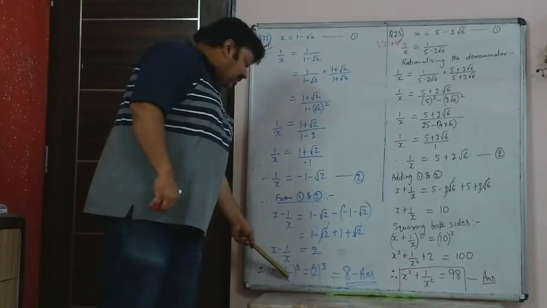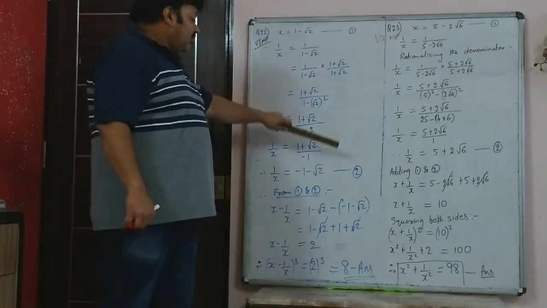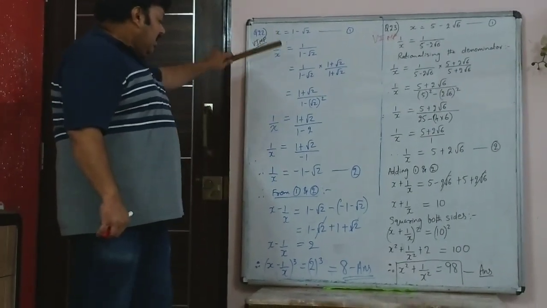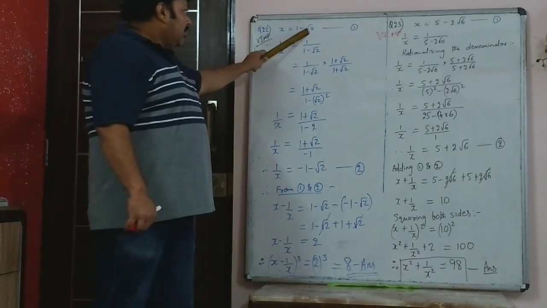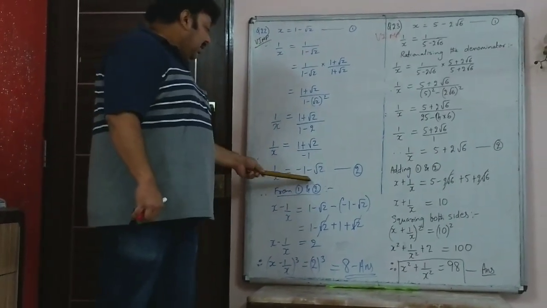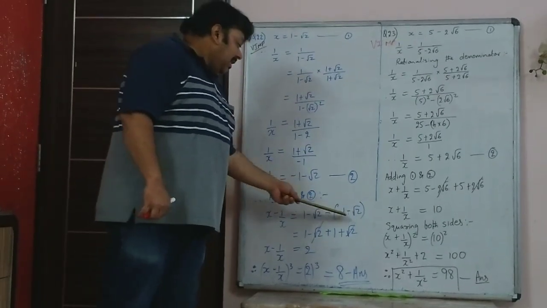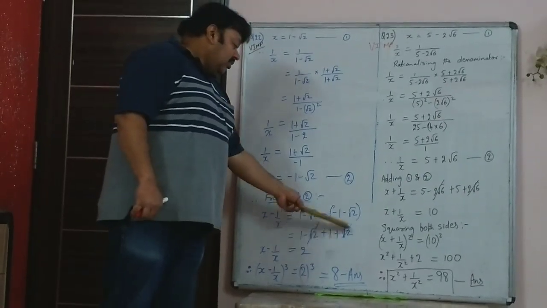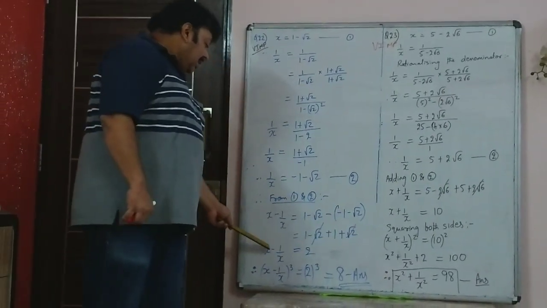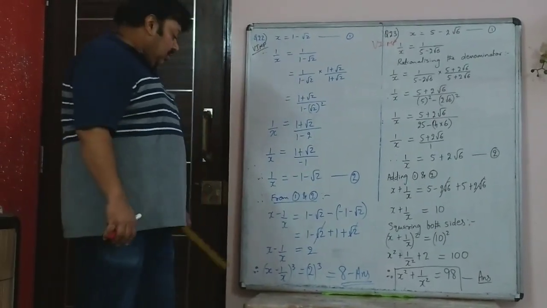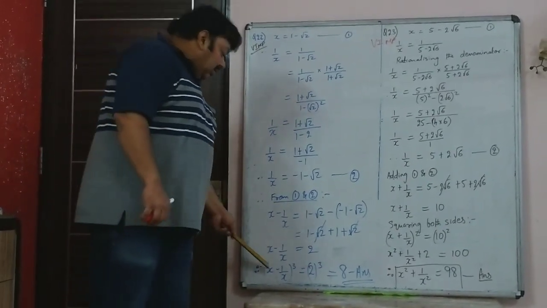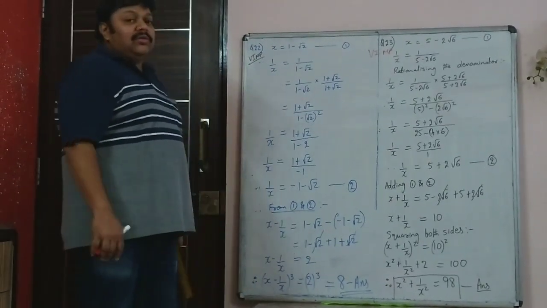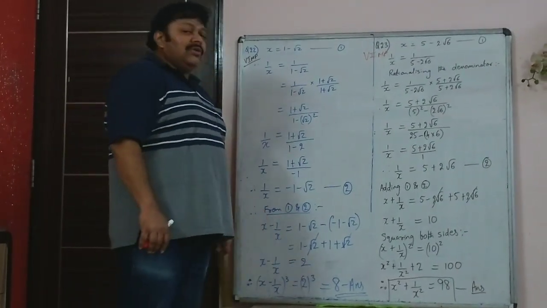Now you have to find x minus 1 by x. So I do equation 1 minus equation 2. So equation 1 minus equation 2 will be x minus 1 by x, 1 minus root 2 minus of this. So when you do minus of minus, it will become plus. So plus 1 plus root 2. So minus root 2 plus root 2 gets cancelled. You will get x minus 1 by x is just 2. Then you are asked to cube it, and you are not asked to open the bracket and expand or anything. You are just asked to find what is x minus 1 by x, the whole cube. So that will be 2 cube, which is 8.